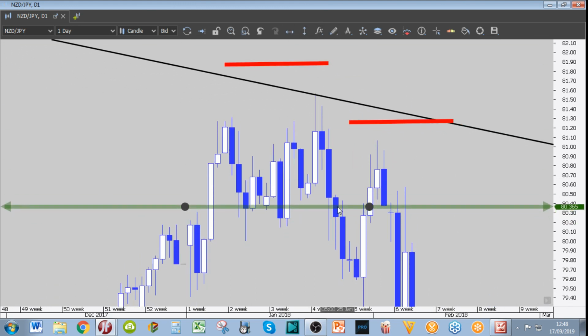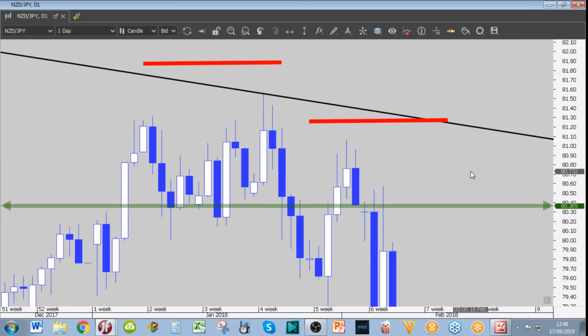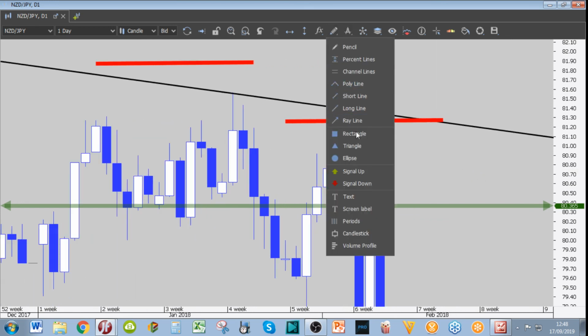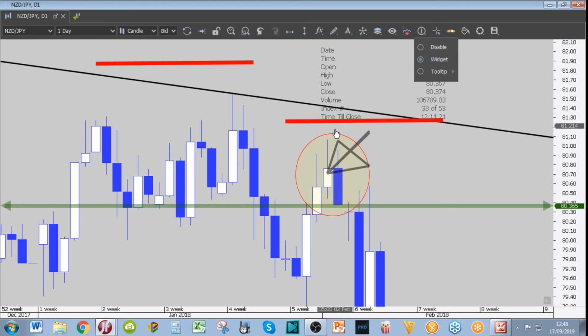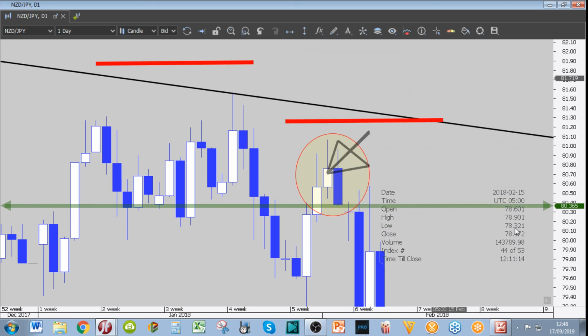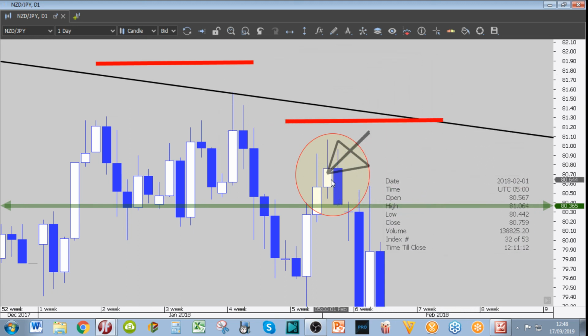Okay, we entered in here. The high of this bearish candlestick formation was. You can use the tool. So the high of this candle in the middle is what? We're going to use the tool, and the high is, let me see if I can move this here. Okay, move it in here. So the high is at